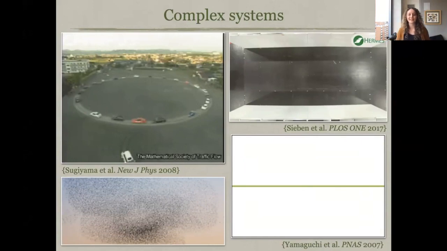So to get us started, I just wanted to set the stage for what we mean by complex systems. When we say complex systems, what we mean is problems that involve individuals coming together to create some collective group dynamic that is bigger and more complex than the individual pieces. And so I think this is best explained by videos. I'm going to show you some movies.